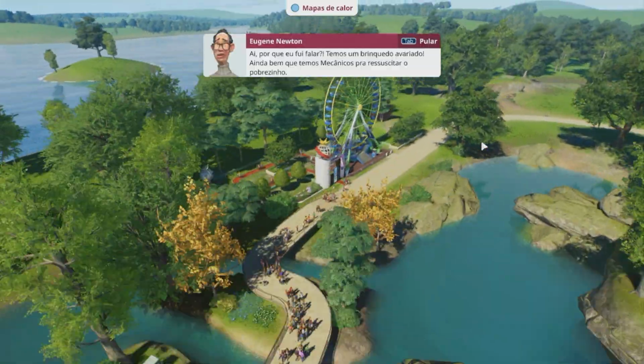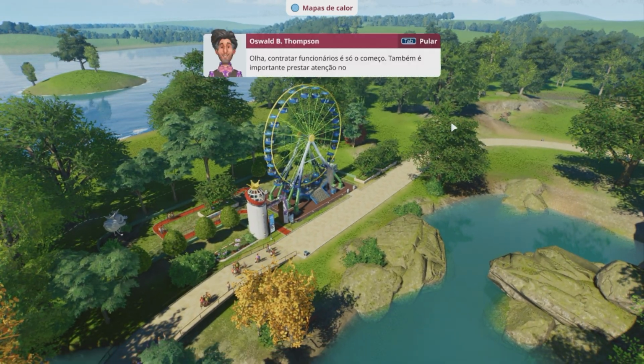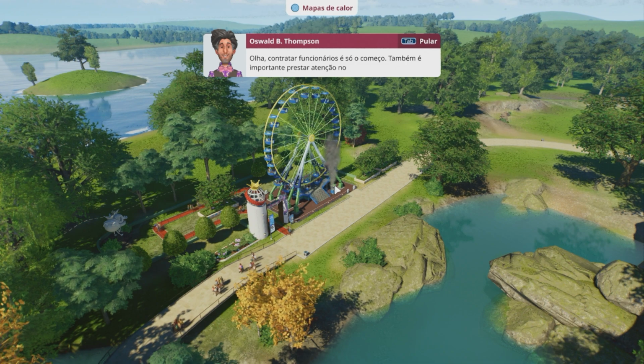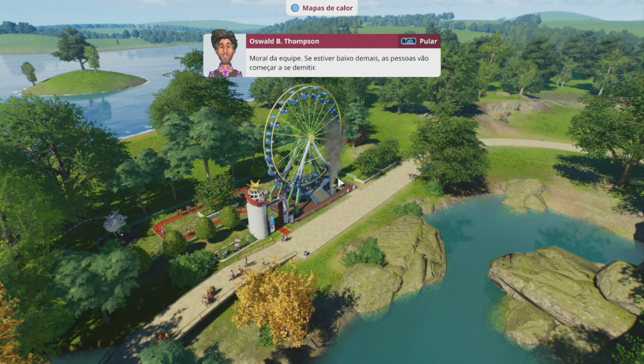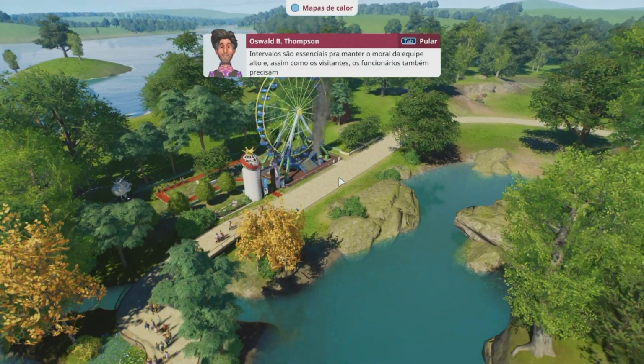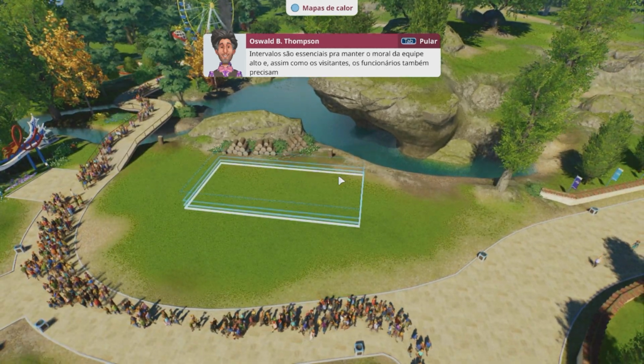I must have jinxed it. We've had a ride breakdown. Good job we have those mechanics. Hiring staff is just the beginning, though. You also need to pay attention to staff morale. If it gets too low, staff will start to quit their jobs. Breaks are absolutely essential when it comes to keeping staff morale up. And just like guests...